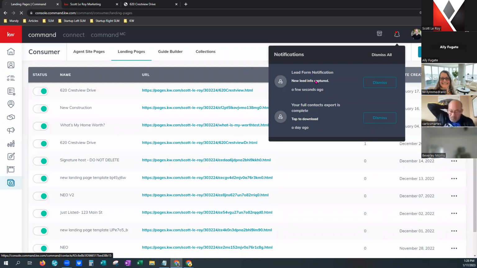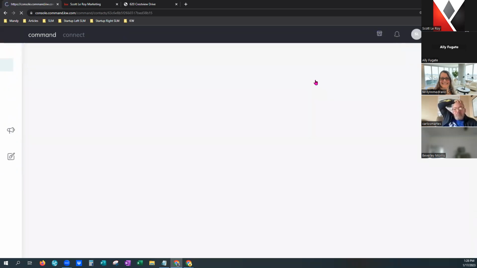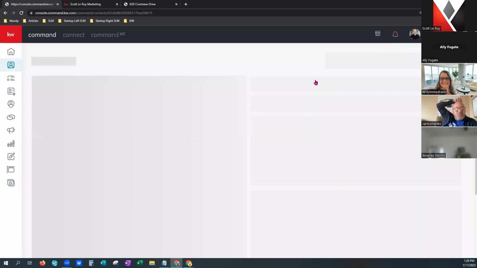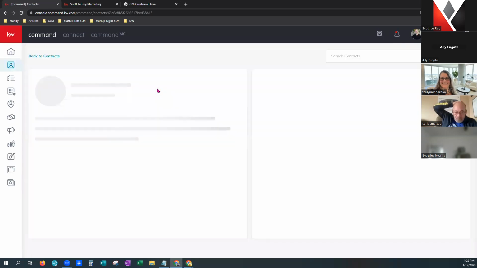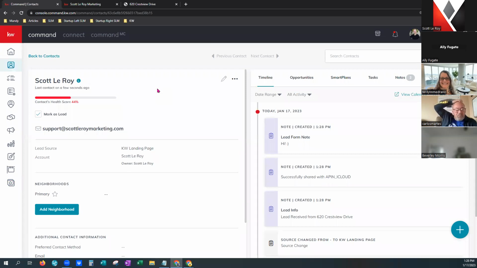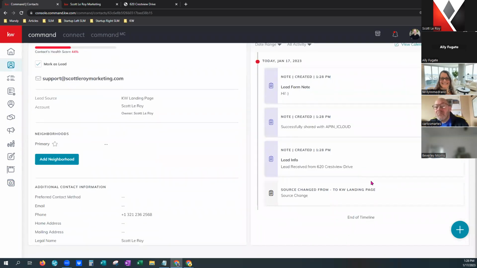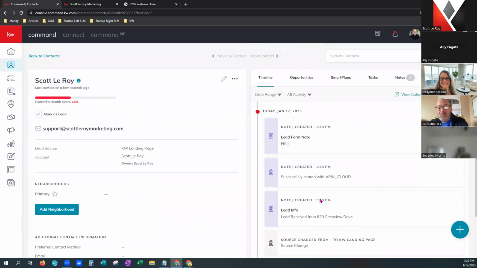I can easily click it one time. It's going to immediately take me to that contact in my contacts within command. It's already inputted for me. How genius is that? So you can see over on the right-hand side that this was actually received from the 620 Crushview Drive landing page, tells you when it was received, and it also shows you their note that they